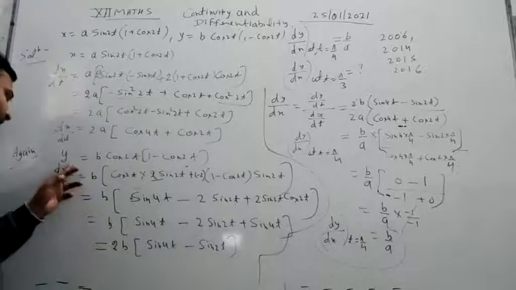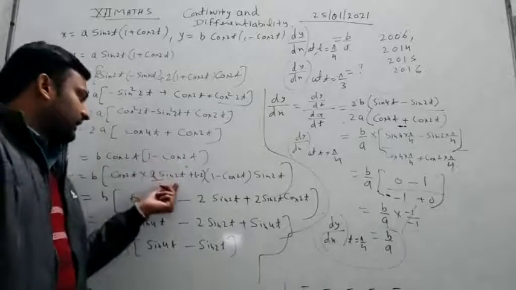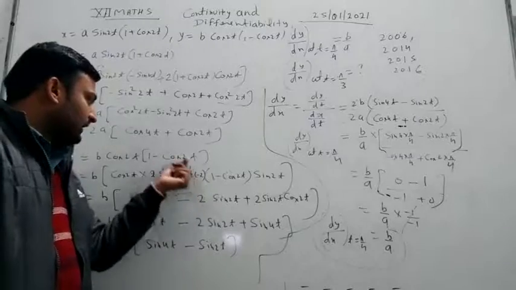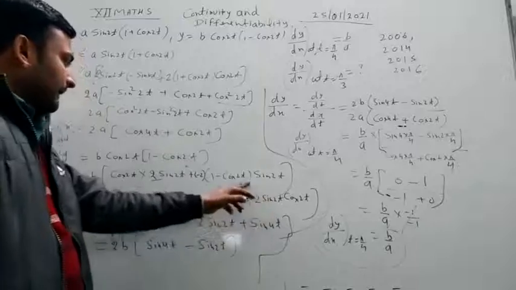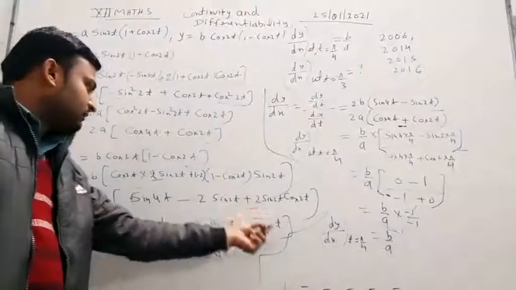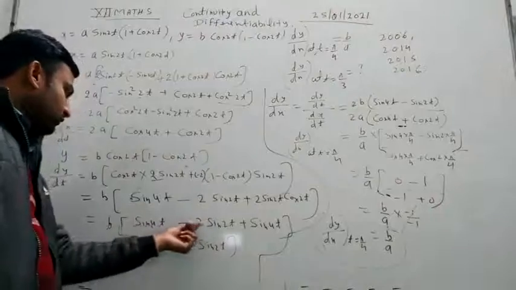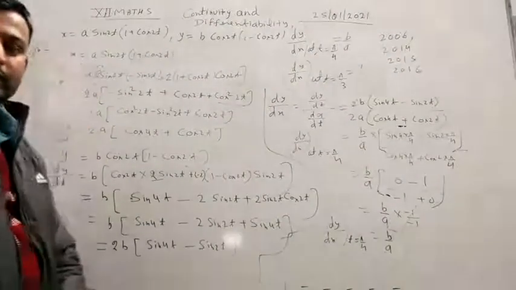So students, we again differentiate this with respect to t. So first function, differentiation of second function, plus second function, differentiation of first function. After multiplying with sin 2t, we get that this part is this part. So this is 2 times, so we take 2 outside, we get sin 4t minus sin 2t. Okay students.